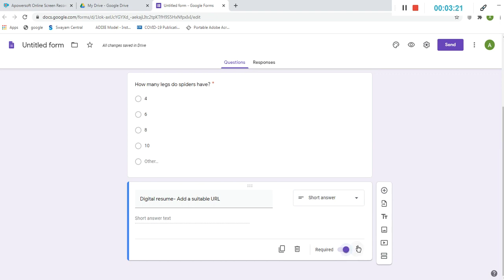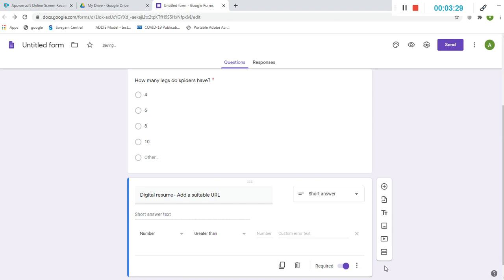Now from the 3 buttons that you can see here, when you click, it shows description or response validation. So we click on response validation. Here we click the text and then we want the URL of the digital resume. So the person can enter the URL.